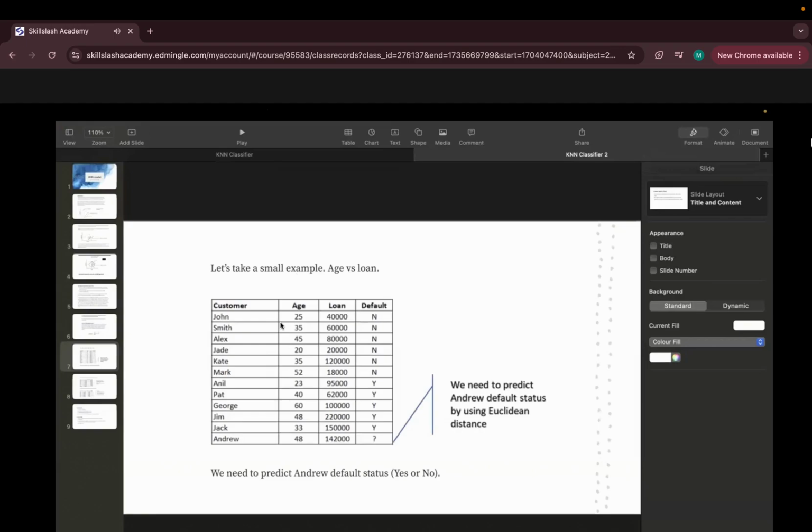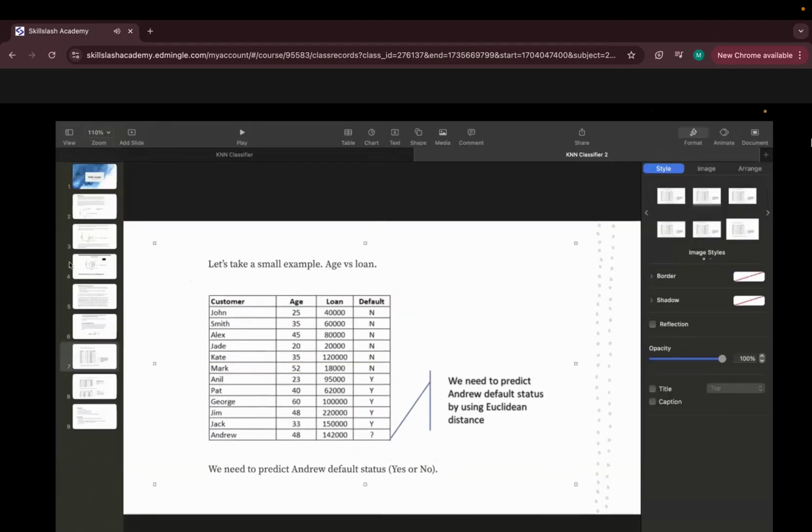Can we treat them as the input columns? Of course. So these 3 columns are input in nature, or we can call them input features. Now this is your default, which we call the output. Customer, age and loan are X and default is Y.